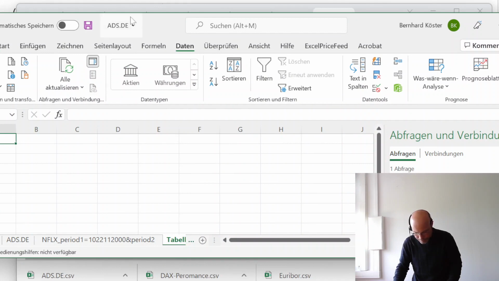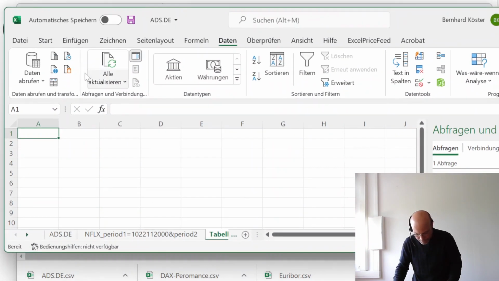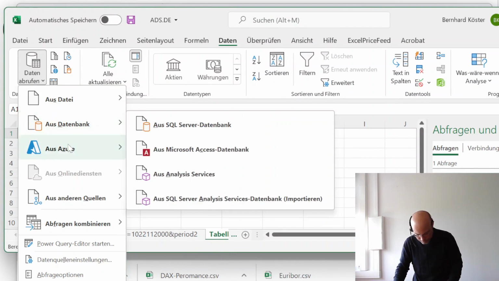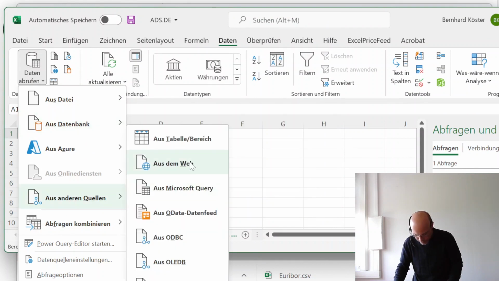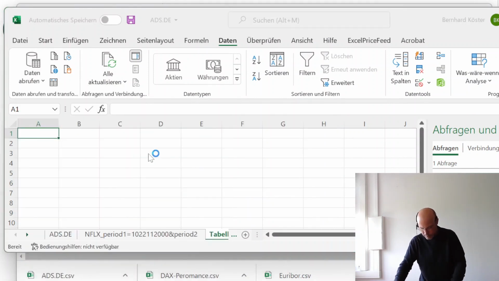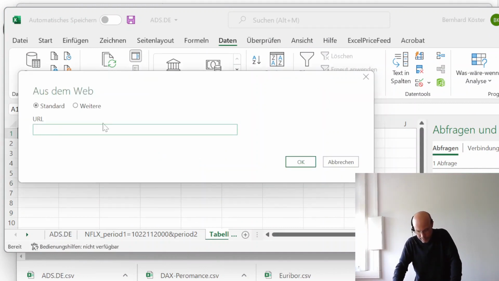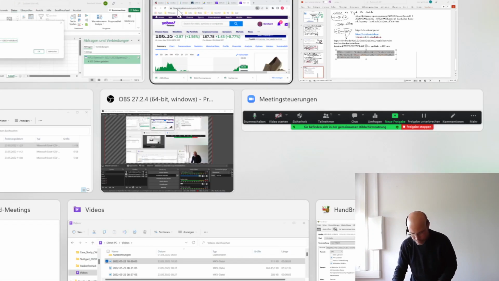So again, data from the web. Take just another sheet. Now we take our URL we have and NFLX. We are not interested in NFLX, but we are interested in,